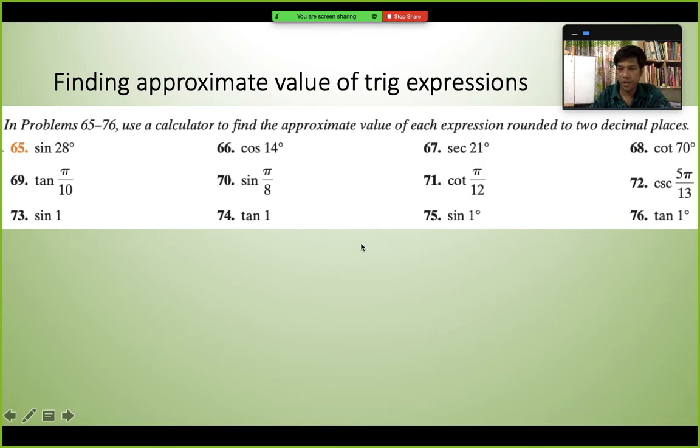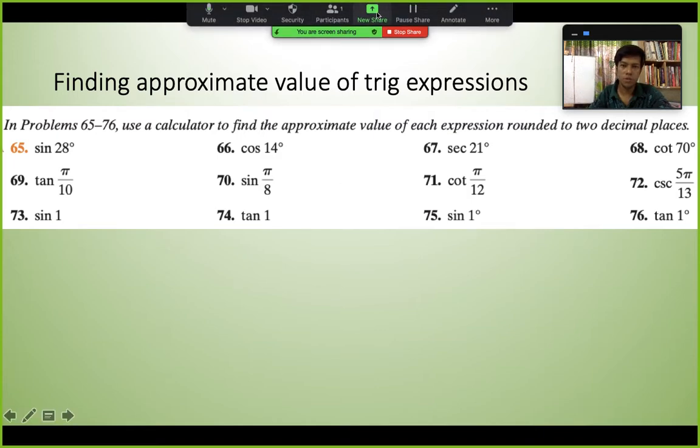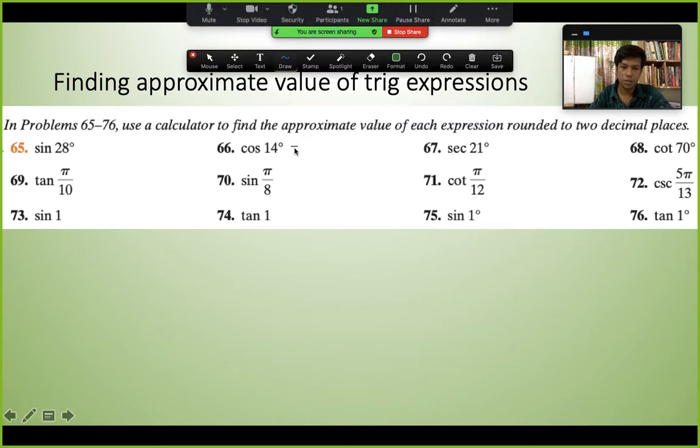These maths are for finding the approximate value. See, the approximate value of the trigonometric expressions rounded to 2 decimal places. This is important, 2 decimal places. First of all, for this math, you will be using a calculator. So let's say cos 14 degrees. You will write cos 14 in the calculator, then equal to, so cos 14 degrees equals